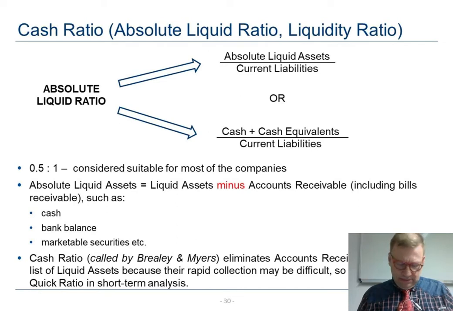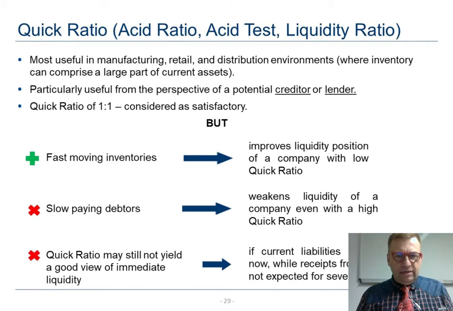What are they, these absolute liquid assets? They are liquid assets minus accounts receivable, including bills receivable. So what's left? Cash, hard cash, bank balance, and marketable securities. You remember, probably, I will just go back to this point,